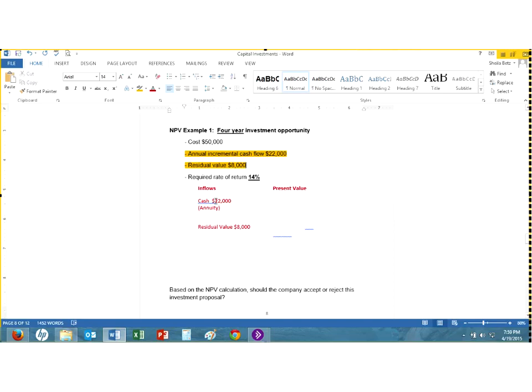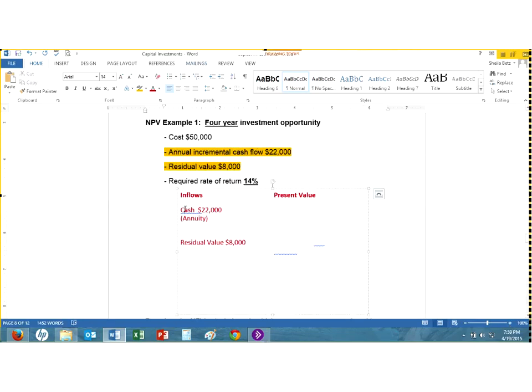Now, because this cash is $22,000 coming every year, we call that an annuity. When money is going either in or out every single year at the same dollar amount, that's known as an annuity. So that's why I wrote that down here, and it is going to come into play in a few moments. So now what we want to do is take this inflow, $22,000, that we're going to receive for the next 4 years, and say, what is all of that money worth today? What is that $22,000 in every year for the next 4 years worth in today's terms?